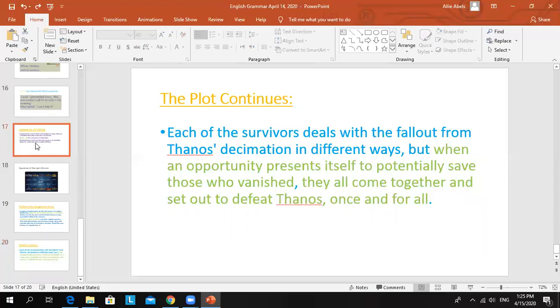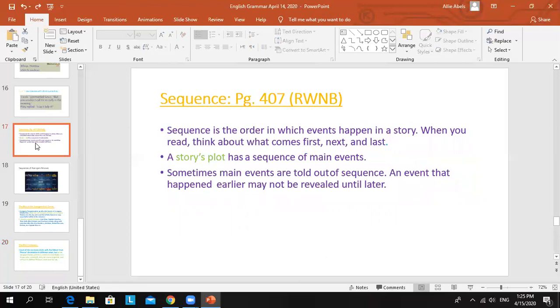Okay, so just to wrap up today's lesson, guys. We discussed what sequence is. Sequence is an order of events from start to finish in a story, and we will see it in any story we read or any movie we watch, the beginning of it, the middle of it, and at the end. That's an example of a sequence. Then we discussed what the plot is. A plot is basically a sequence of the most important parts of a story we read, or the most important parts of the story of a movie we're watching.